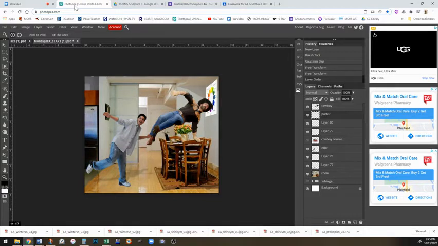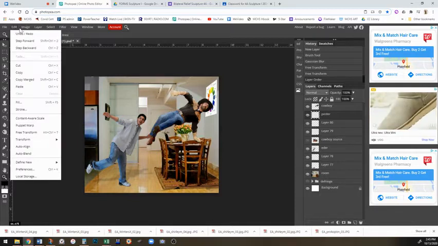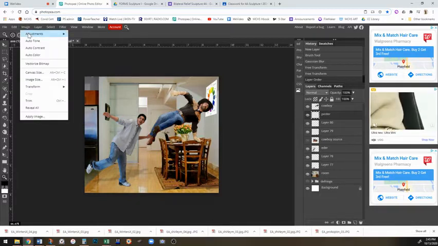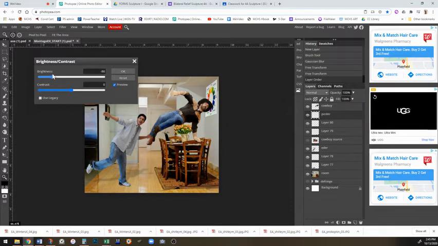So before we start doing anything else to it, we are going to darken the overall look of the poster. We're going to do that, while we're on the poster layer, by going to image, adjustments, brightness and contrast. And you are going to lower the brightness down a little bit, so it starts to tone down. You still want it to look like a white poster, but it's not going to be as intensely